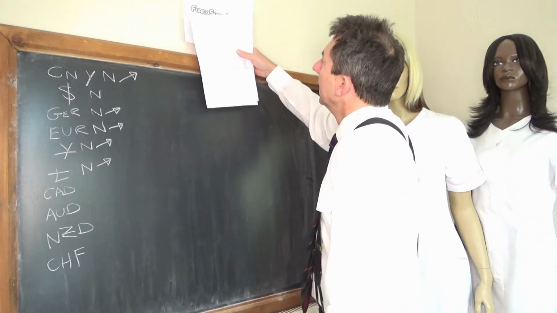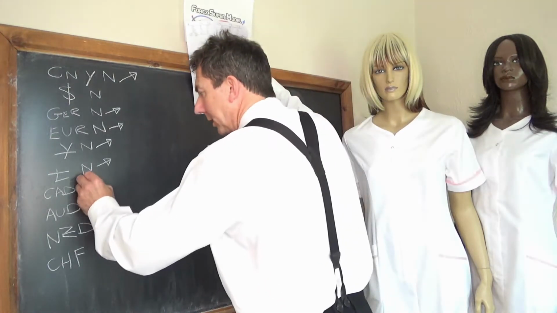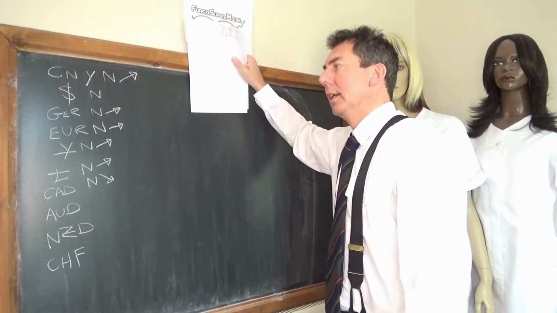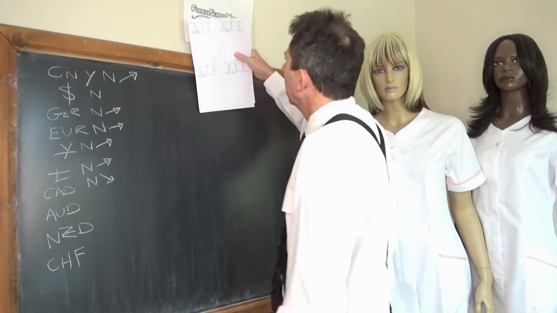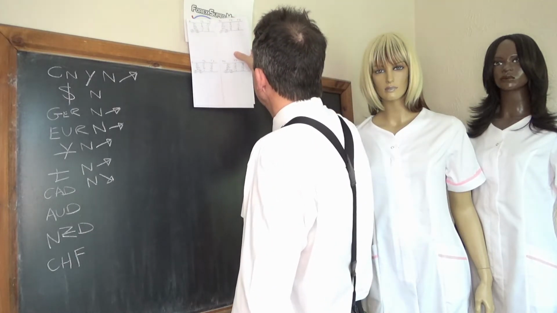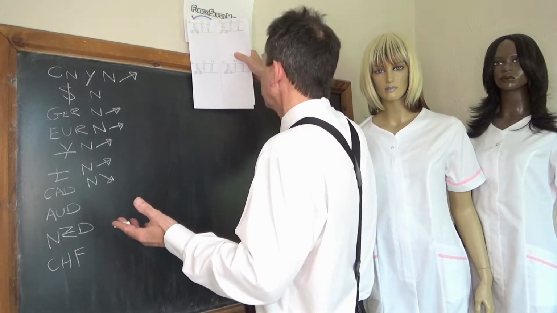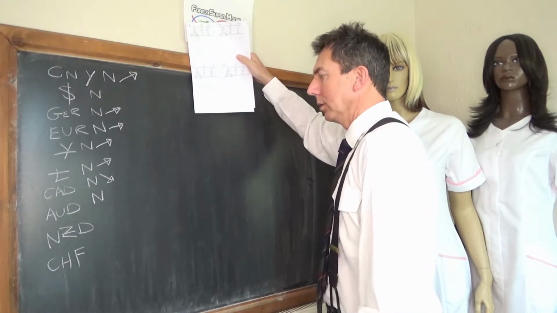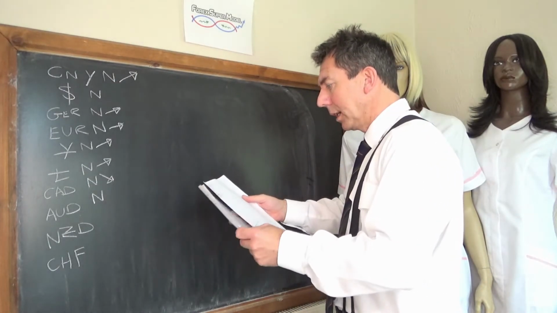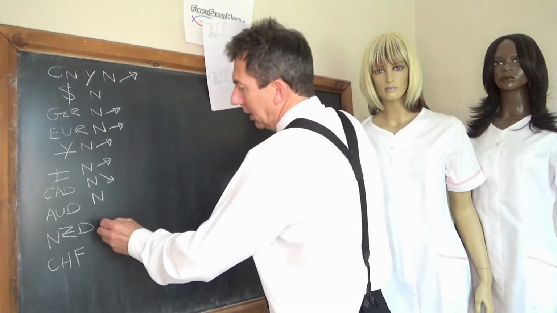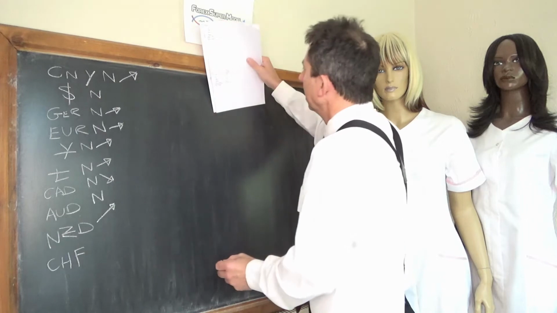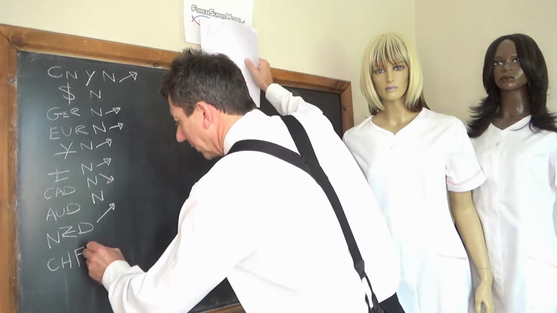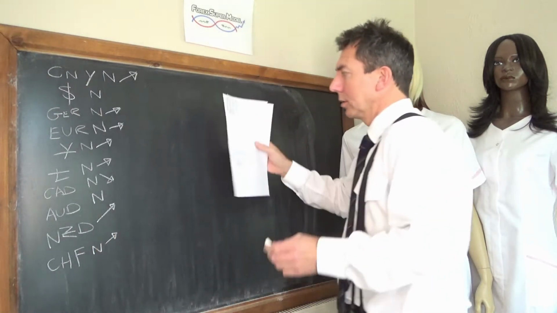The CAD arguably is neutral to negative, but you've got to remember with the CAD that they're in lockdown at the moment in Canada, and this has skewed the figures. The AUD is pretty neutral. The tier 1 is minus 2 and the tier 2 is plus 1. The New Zealand dollar then looks like it's on the up, and we'll talk about that in a minute. And the Swiss is really neutral to positive.